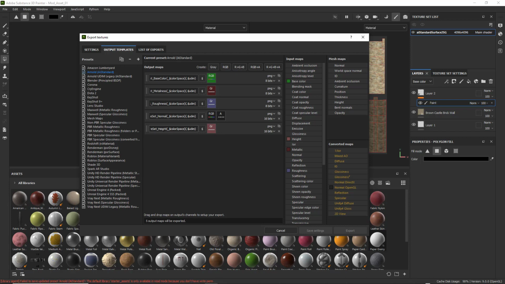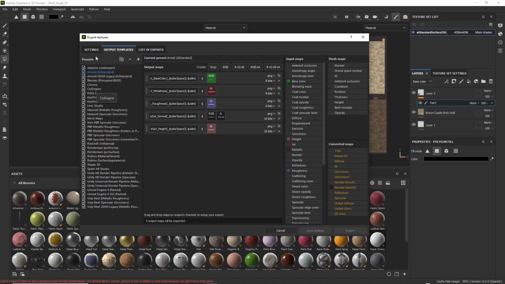We want to keep our height for some reason, or if you want to use it later, you could. Okay, you'd have to subdivide your object to a high poly though to get it to work. But right now we're going to keep it. We're not going to use it though, but we're going to use our base color, metalness, roughness, and normal. These are maps that we used before in project 1 and project 2. Okay,